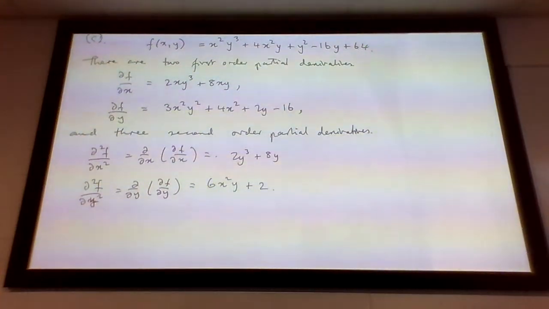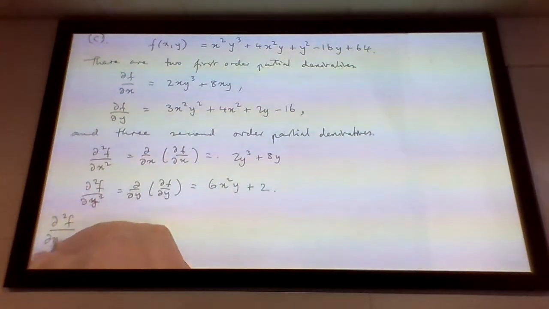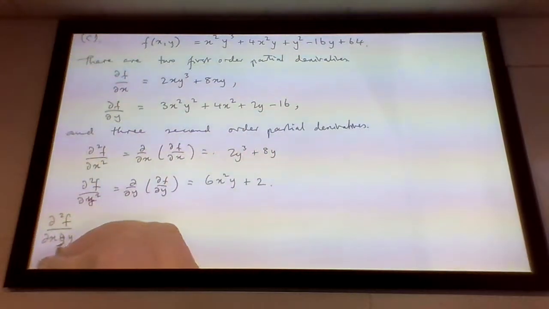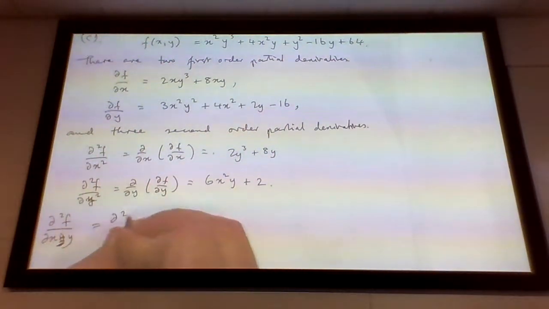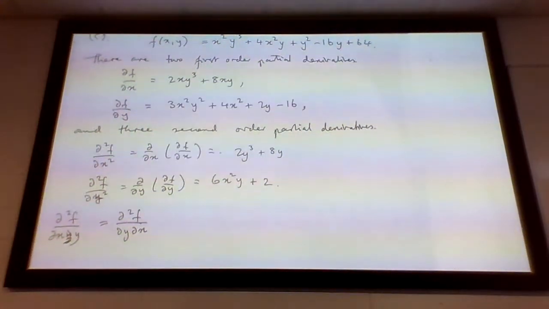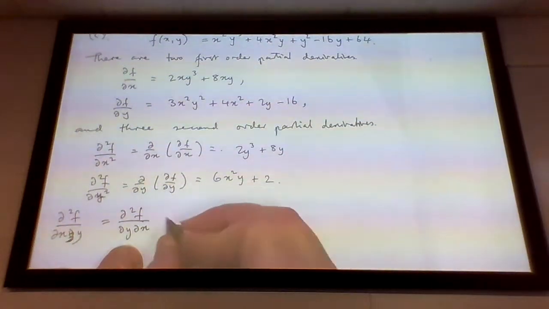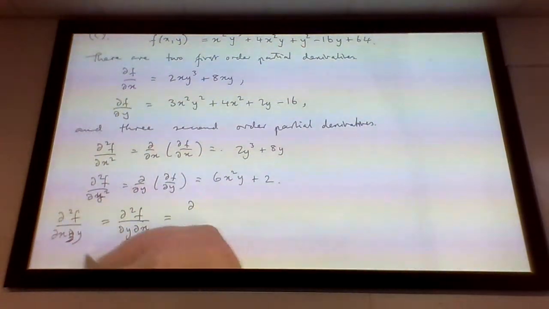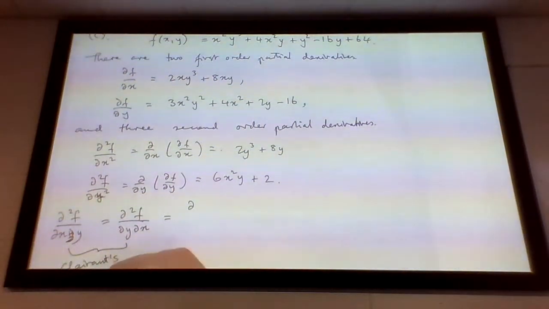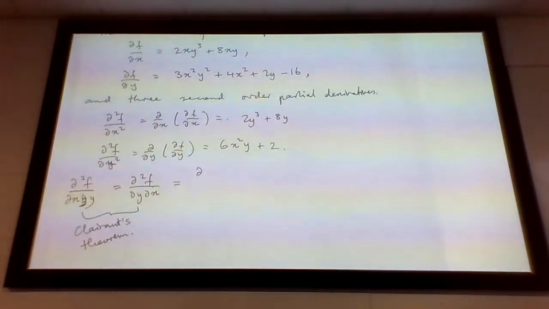And then there's the third second order partial derivative, which is the mixed one, d2f dx dy. By the way, you can kind of show off some of your understanding here. It's equal to the other mixed second order partial derivative, taking them in the opposite order. So they're both the same, and that result is Clairaut's theorem. We didn't really prove it, but